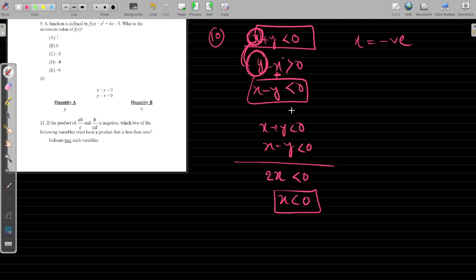Sometimes it can be positive, sometimes it can be more negative, because in that case if x is more negative, then it is a positive number. If this one is positive, then it can satisfy. That's why this number 10 cannot be determined. Okay, it cannot be determined. Now